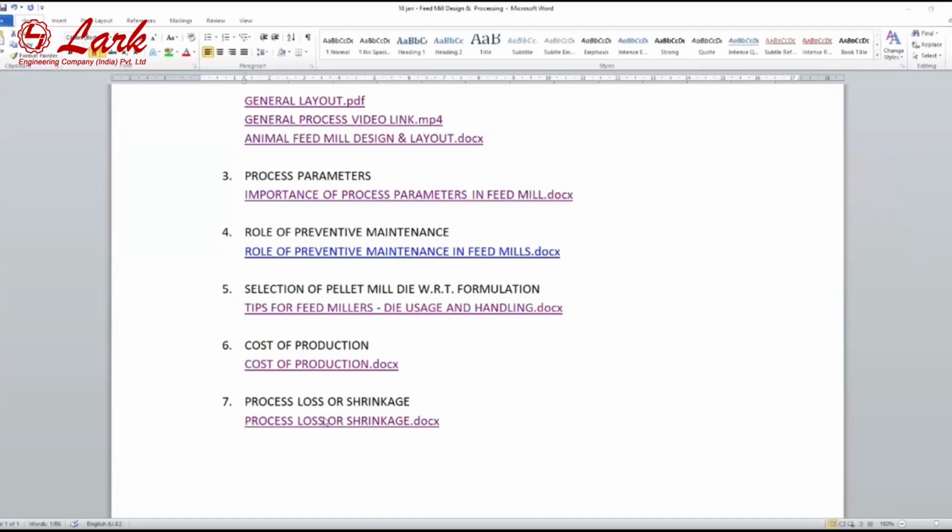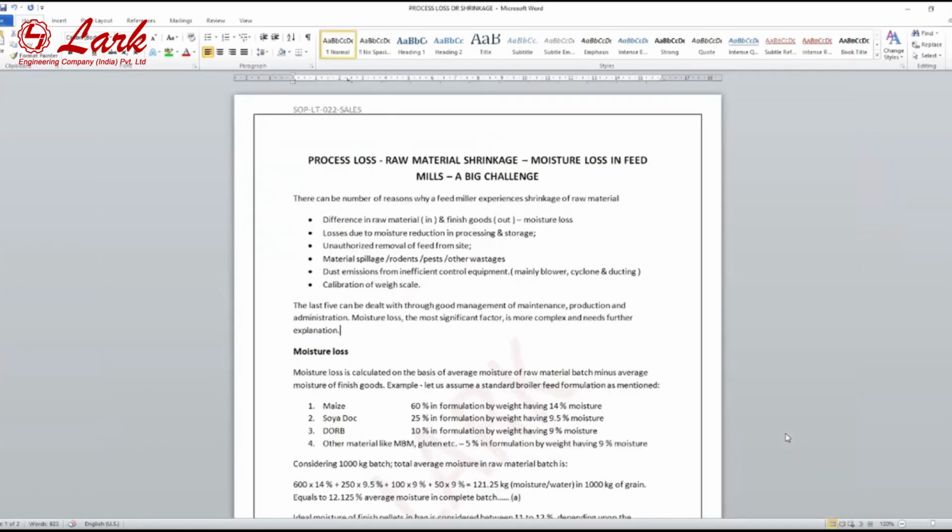And my last discussion is over the process loss or shrinkage. सबसे बड़ा जो फीड मिल्स में आज चैलेंज है, that is the process loss, मॉइस्चर श्रिंकेज, that may be due to certain reasons. सबसे पहला तो डिफरेंस इन रॉ मटेरियल इन एंड आउट, उसमें मॉइस्चर का रोल हो सकता है।